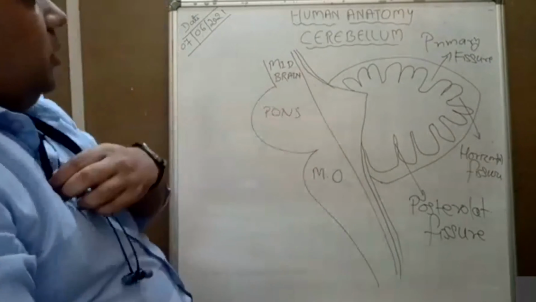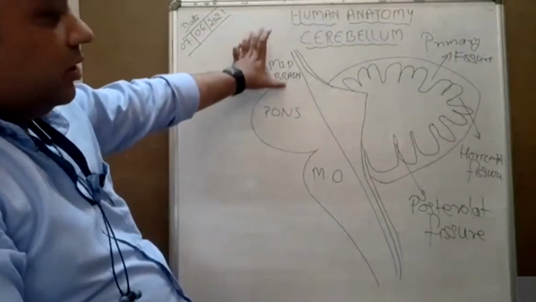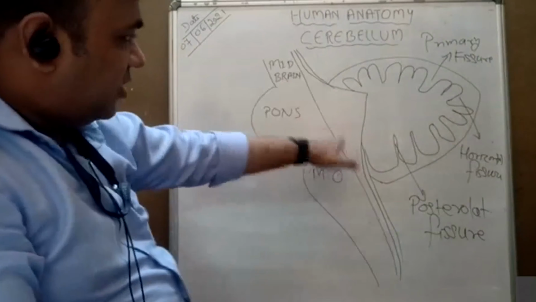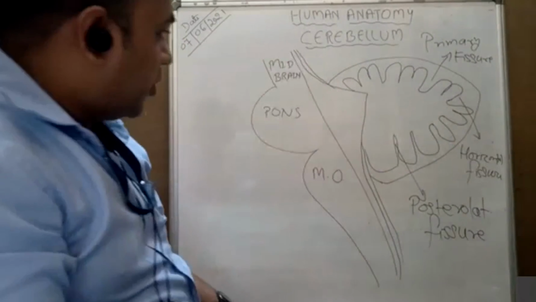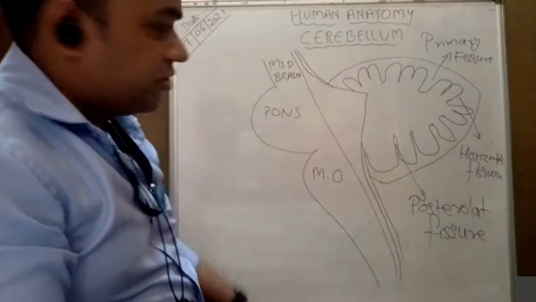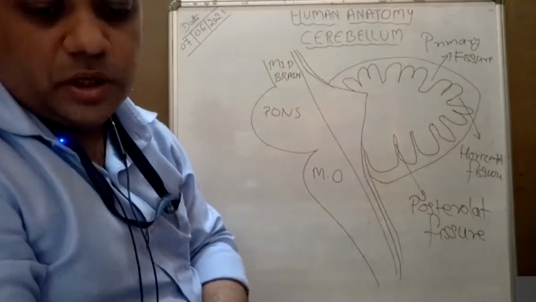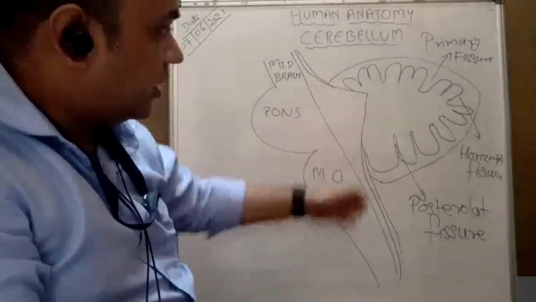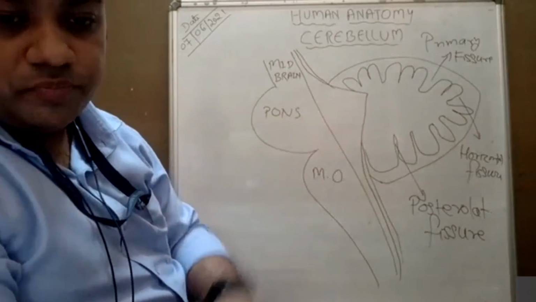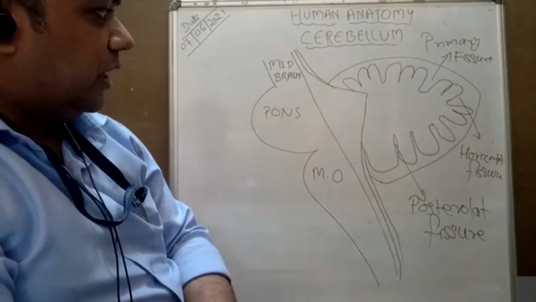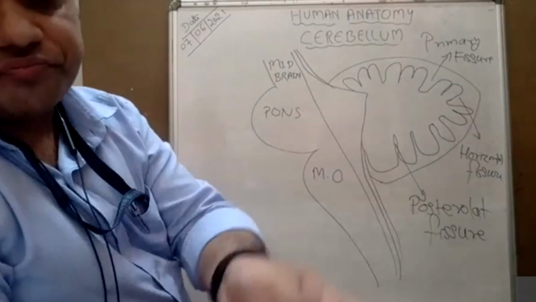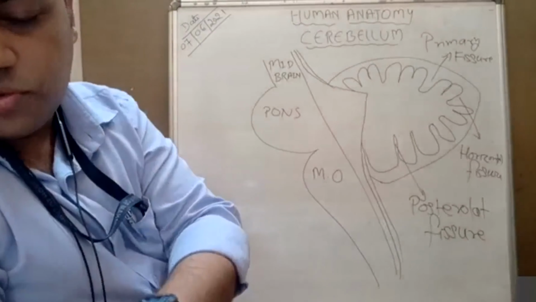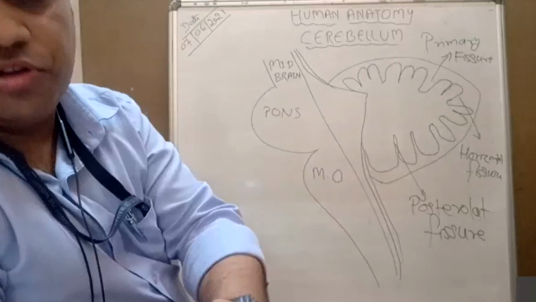Okay. So midbrain is small, smaller in extent as compared to the forebrain and the hindbrain. The largest is the forebrain, then the hindbrain, then the midbrain. Got my point? So these are the relations of the cerebellum. Okay. Got it? So you can take the screenshot, and later I will tell you the external features of the cerebellum and their various lobes and subdivision of those lobes into the lobules.